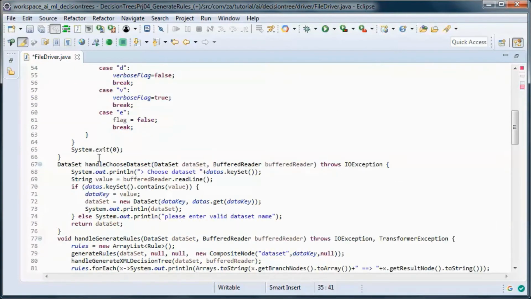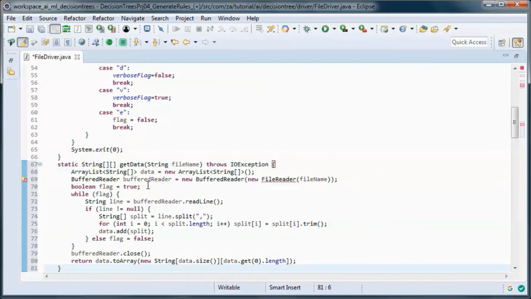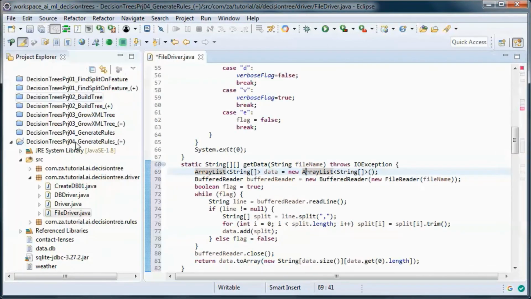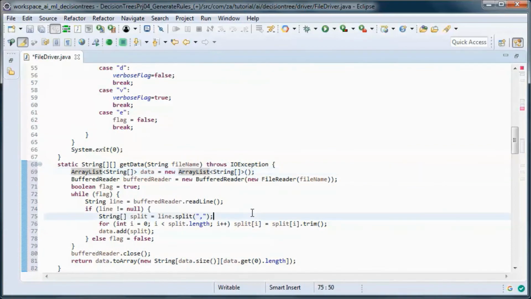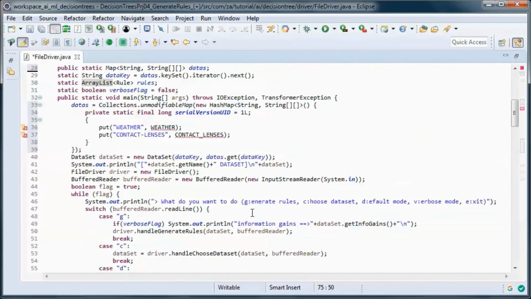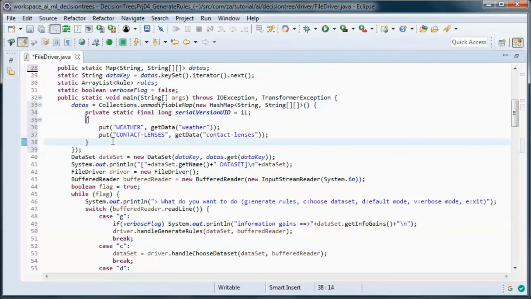And this method will pick up the data from a file. So either this one, the contact lenses, or the weather file. And we will call that method from here for both files.